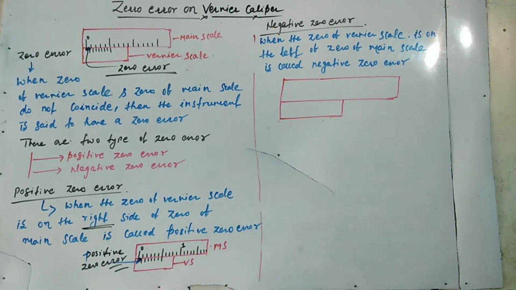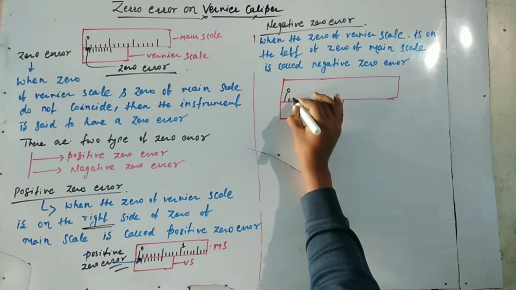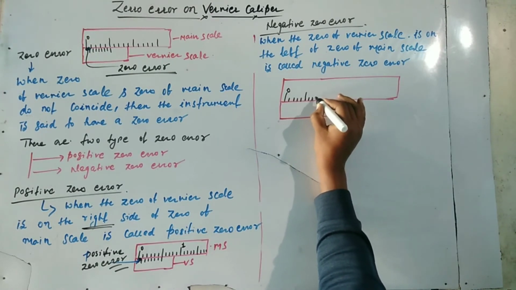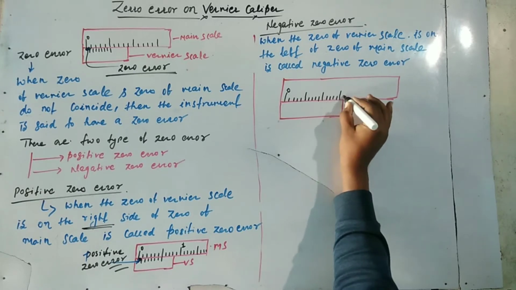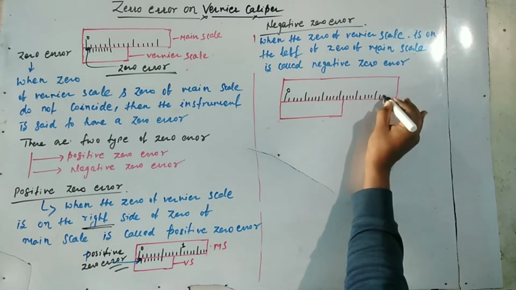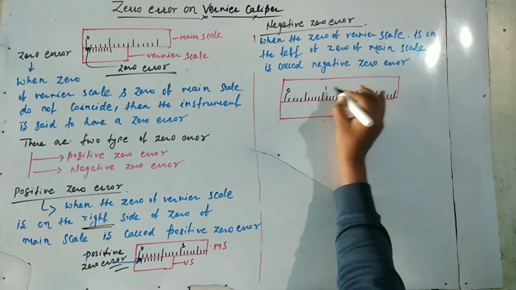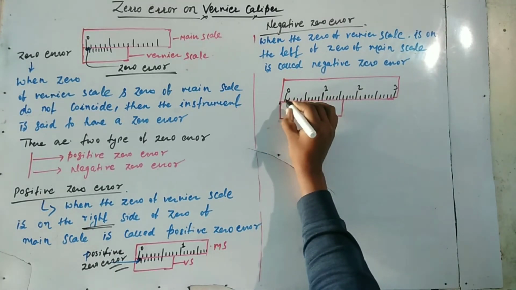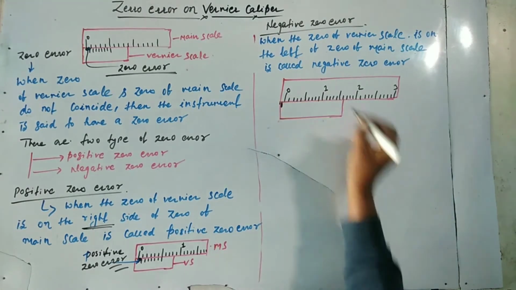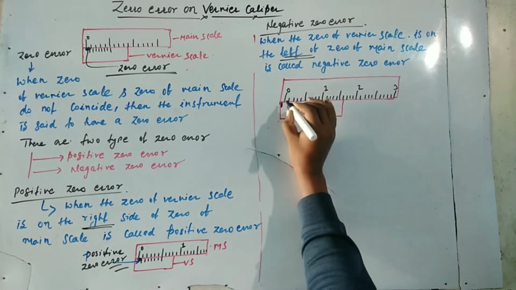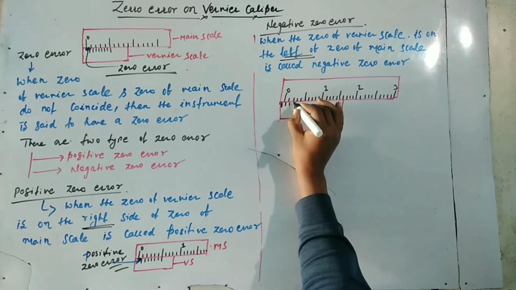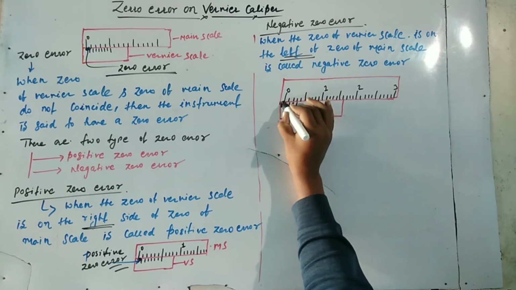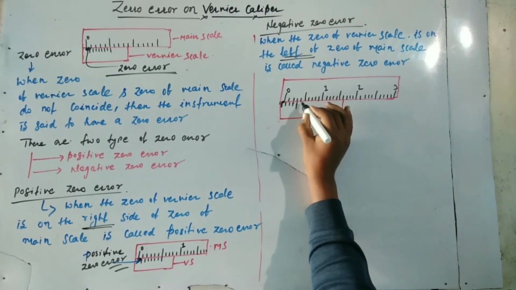This one is main scale division. In case of 95% cases, the vernier scale, the main scale least count is 0.1 cm and its reading is generally in cm. So we found a negative zero error. So this zero will be in the vernier scale, zero will be before the main scale zero. So here negative zero error is found.